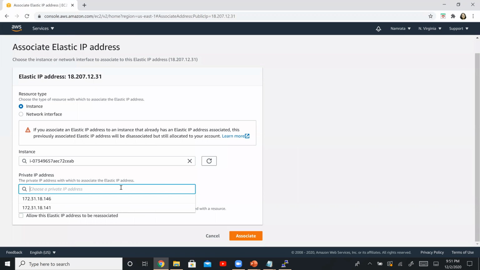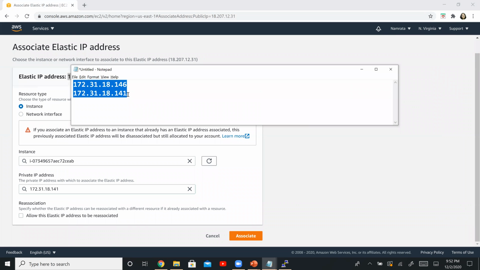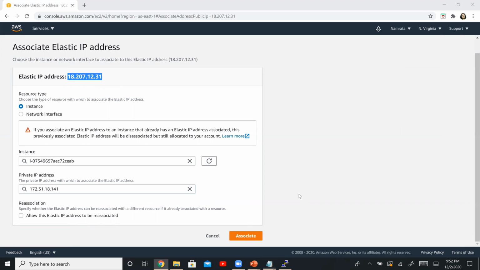And then select the private IP address that you want this elastic IP address to associate with. So I'm going to choose 41. Okay. And let me make a note of this. So basically, 41 is associated with this elastic IP address, and click on associate.